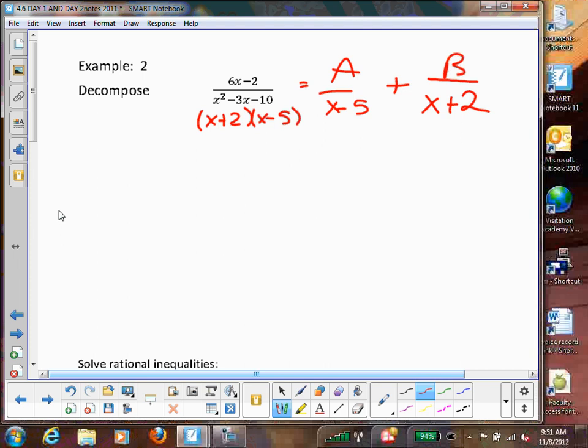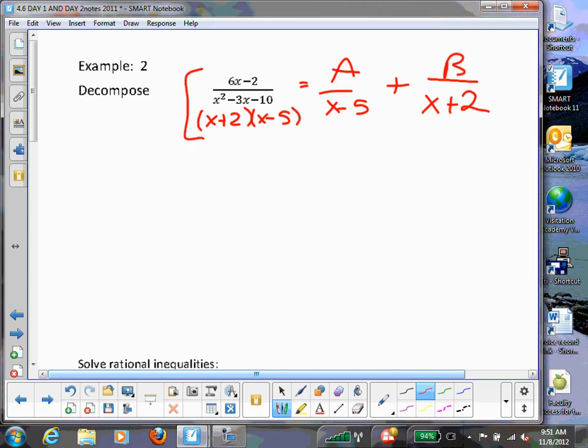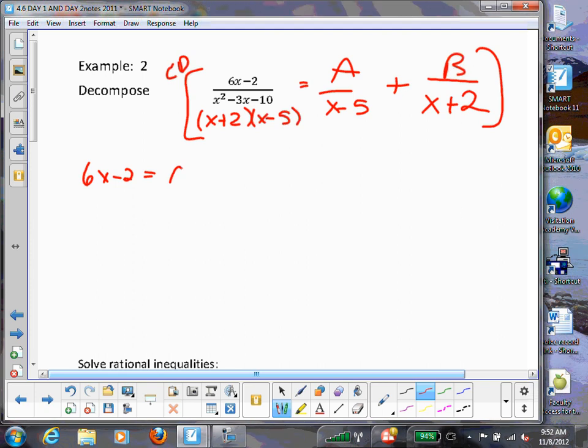Remember, it doesn't matter where your A or your B is, which is why you have to write your answers over your denominators. Okay, so when we multiply by the common denominator, I'm just going to say CD because we're running out of time. That leaves me with x minus 2 is equal to A times